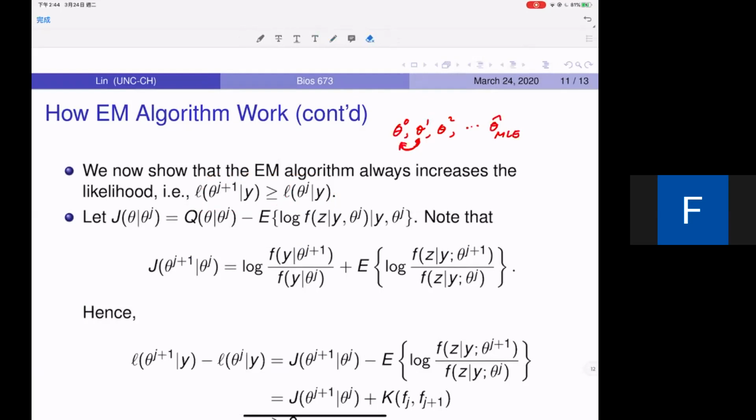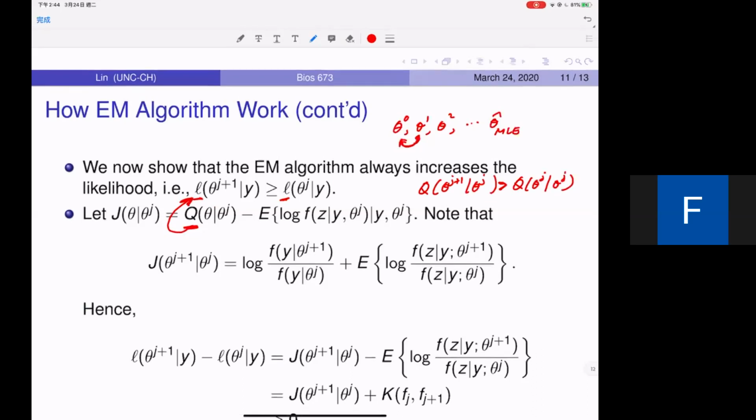Right? I'm not maximizing this. I'm maximizing the Q function. Okay? So that means we somehow need to prove that if I'm maximizing the Q function, it actually implies this. That means not only is Q(θ_{j+1} | θ_j) bigger than Q(θ_j | θ_j), but also that doing so implies L(θ_{j+1})